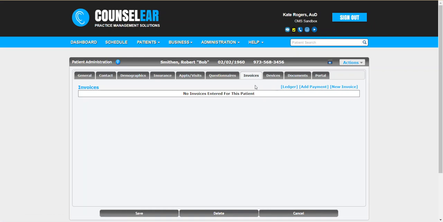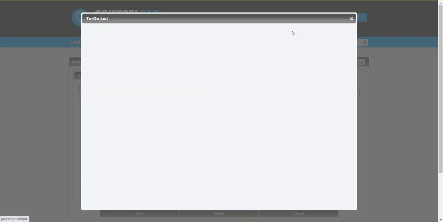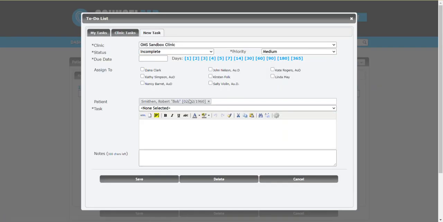Okay, so in that case, you want to be careful that if you intend to create a task for a different patient, and you're currently in a different patient, then you want to make sure that you would remove that. So you'd say, oh, I need to create a task, but this is not about Bob. I don't think that's the title of the movie, but